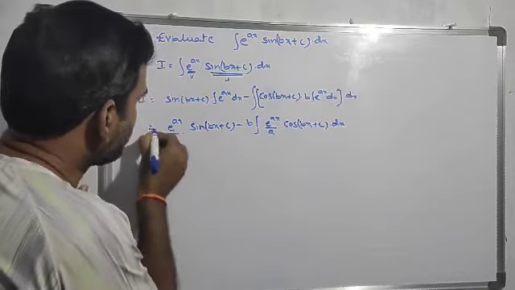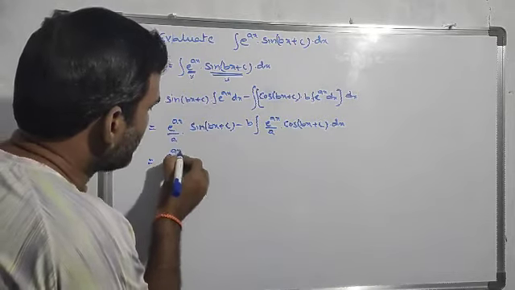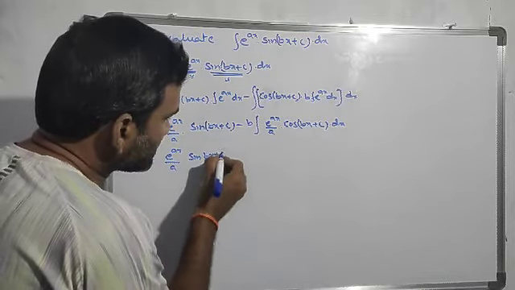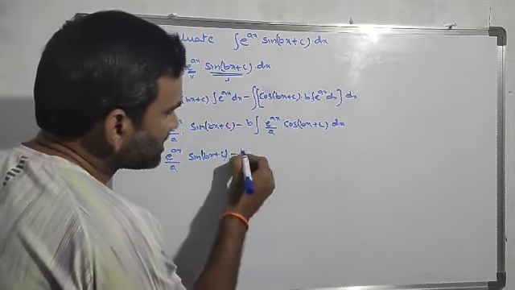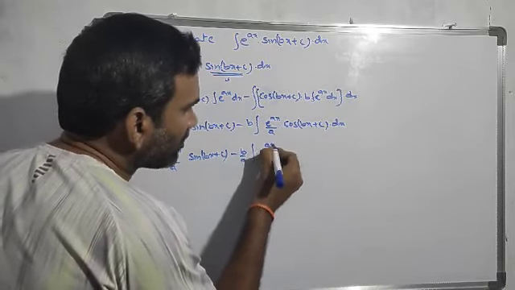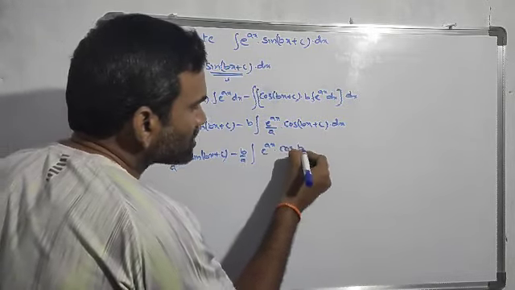In our next step I can take e power of ax by a sine of bx plus c minus b by a into the integration of e to the power of ax into cos of bx